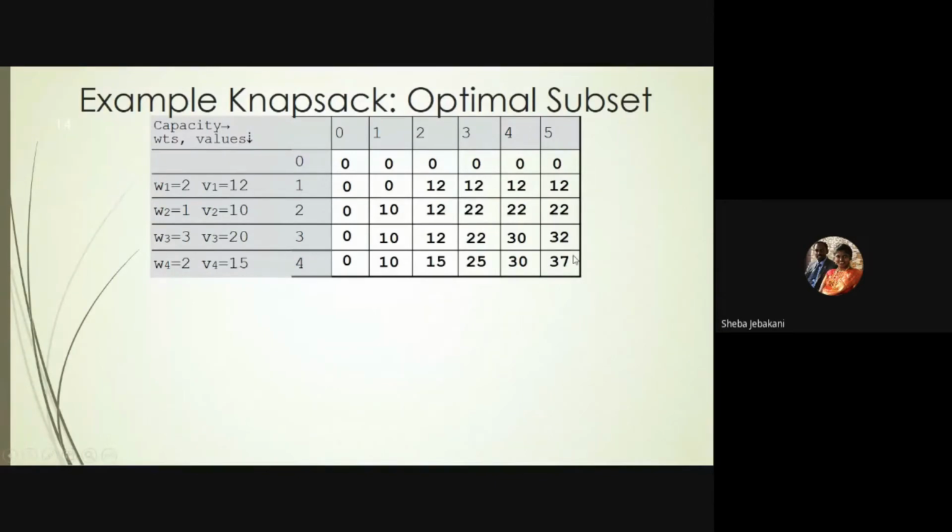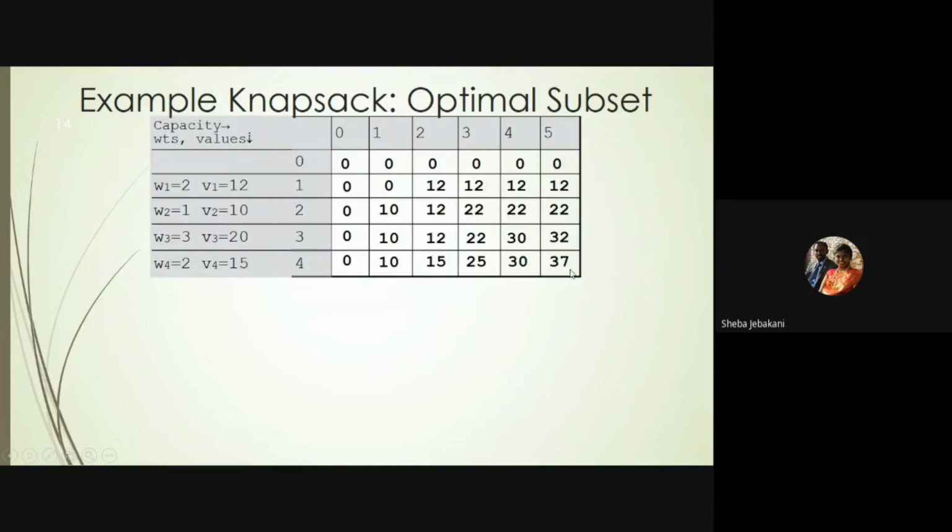So in order to get this optimal profit, which objects have I selected among these four? I want to find out. So I am going to backtrack to the first object to find out what are all the objects that I have selected. Now, in order to find out if a specific object is selected or not, at any position we know we have two options. First option is you can select the ith object. Second option is you don't have to select the ith object.